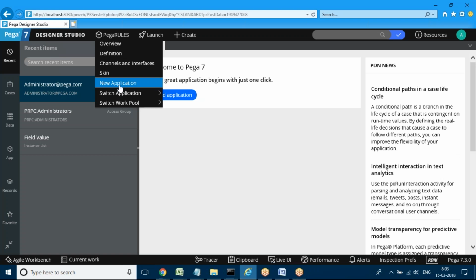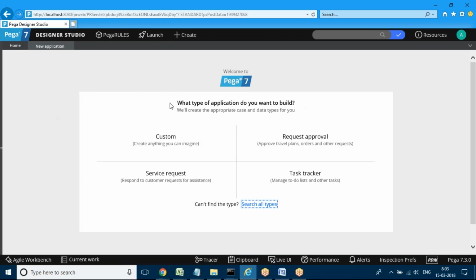In real time, it will be done by the lead team or the business analyst, who will create the new application setup. Tomorrow we'll start this setup: how to add a new application. If you click on that internal tool, you'll get a form where we have to fill in the details, what type of application you are going to build.